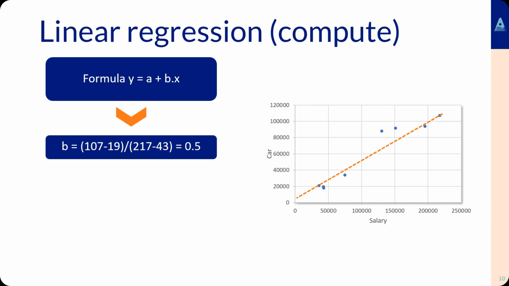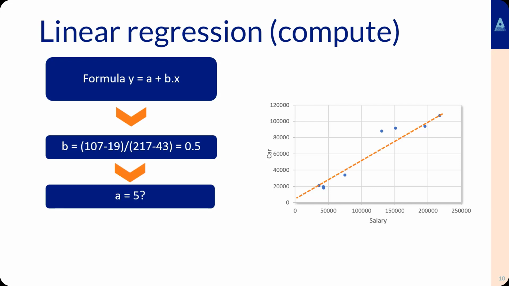So then we can calculate a, and a is equal to 5. Okay, so we just read off a. We can read a off from the chart. In fact, now we've got a formula for any value, and we can compute exactly what any y is